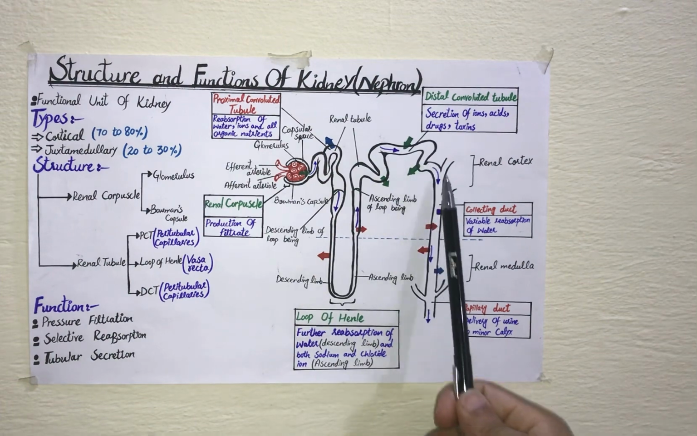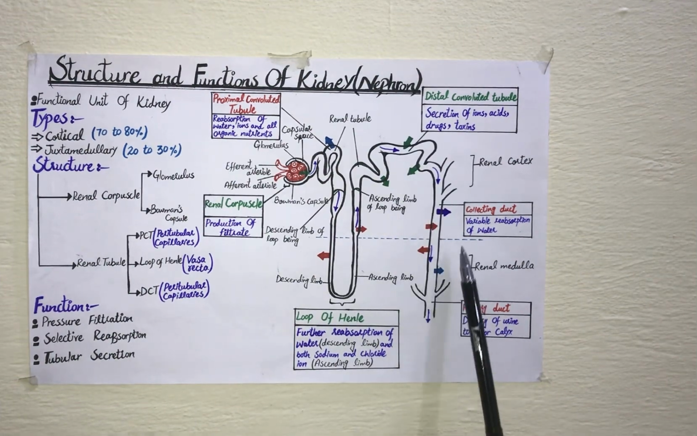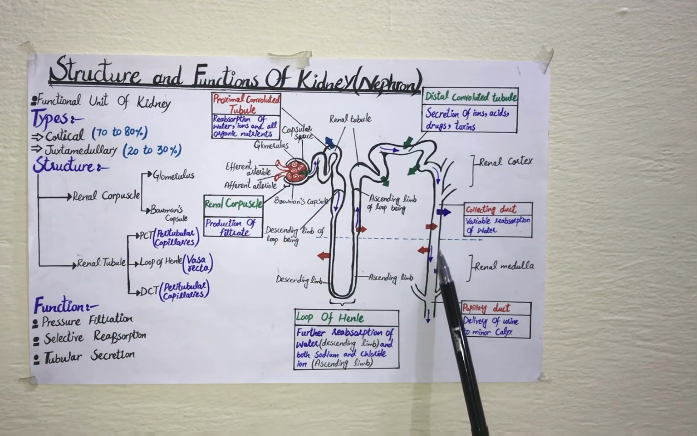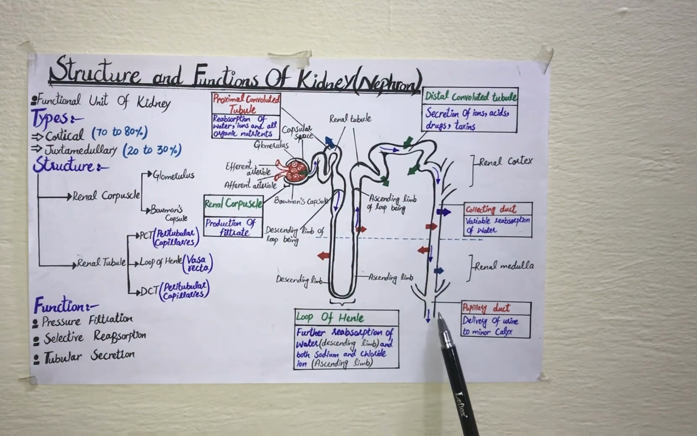So when all these things are done, the rest of the material, known as urine, moves from the collecting duct to the renal